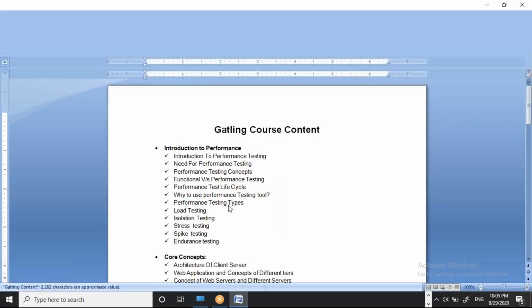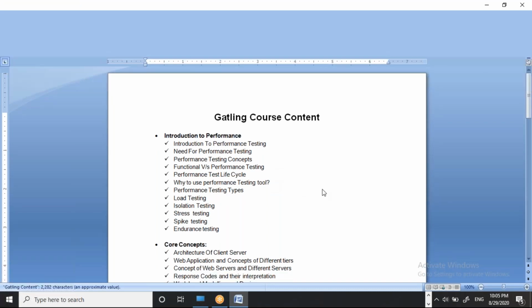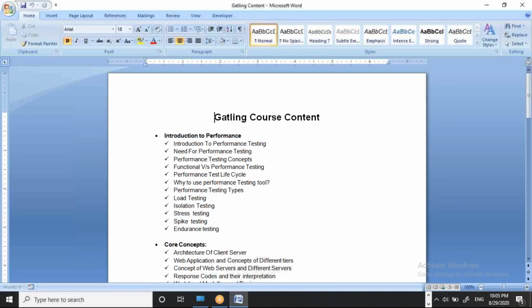Okay. In this course, we will first of all go to performance. What is performance testing and why is it required? What is the stage we have to perform while doing performance testing or while designing our whole scenarios, how to design a workload model, and what we have to see: NFRs, non-functional requirements, which we will get from our client.